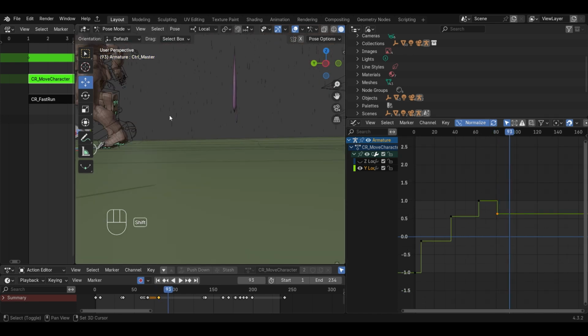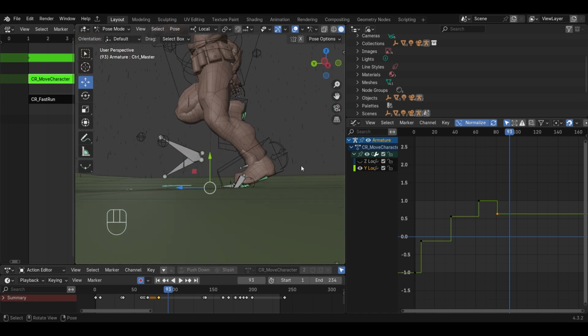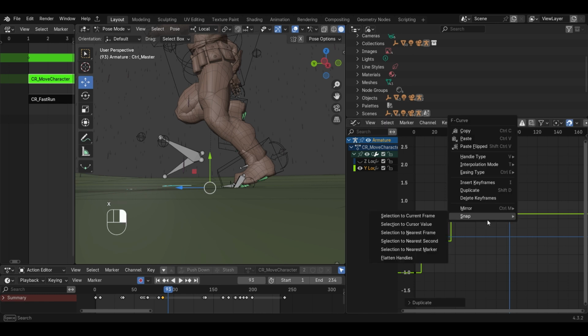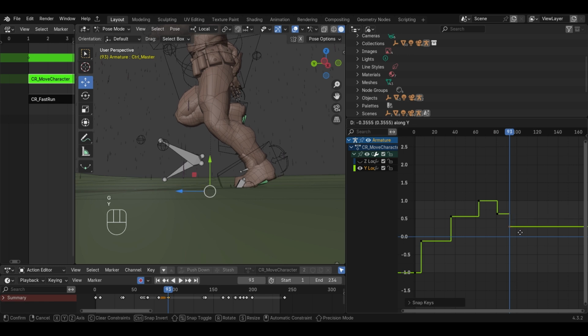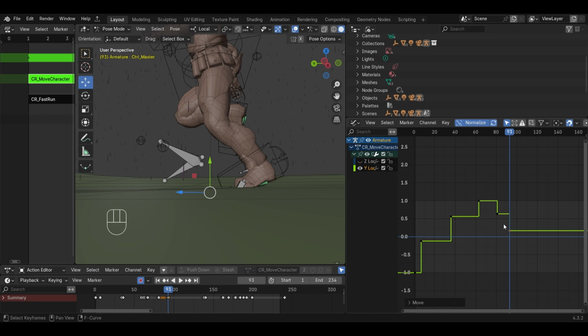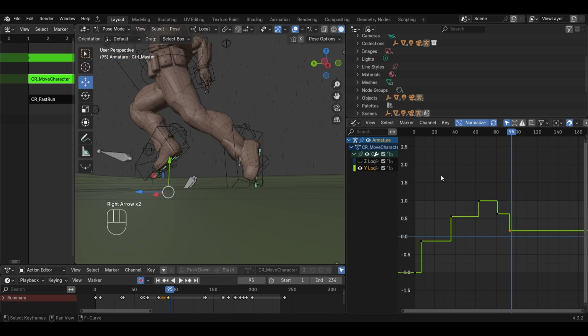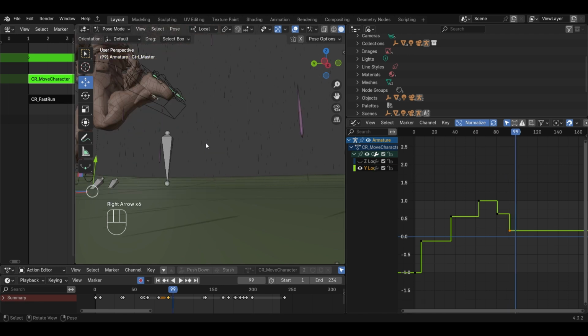She's still making contact with the floor, but not so much here, so I'll shift duplicate that, snap to current frame, snap to duplicate to the current frame, and GY, I'll move it further down because apparently the floor is a lot sloppier over here, sloping down. So next foot,